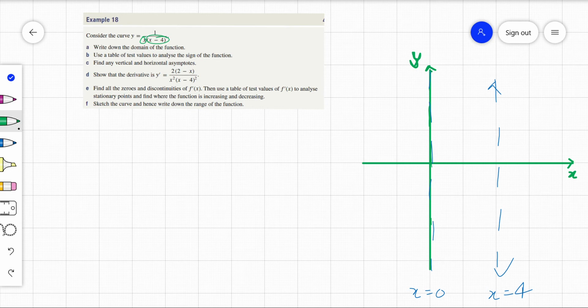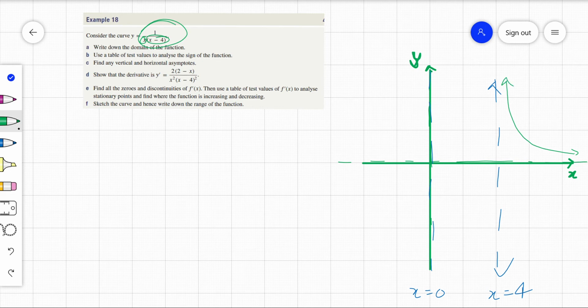And the other thing is when x gets bigger and bigger and bigger, so when x goes towards infinity, you can see this y is going to go towards 0. So we also have this nice horizontal asymptote as x goes to infinity or negative infinity. So clearly I can see that as x gets really, really big, y is going towards 0, but also x greater than 4 gives me a positive y. So this section I could already draw,